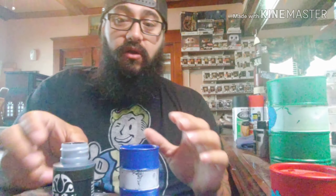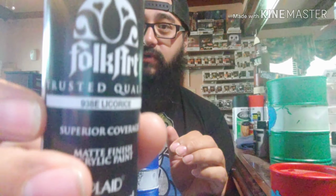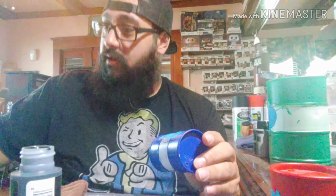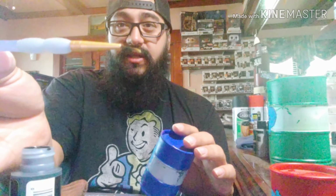Okay, so we're going to apply the black, and this is just regular black paint. It's just Folk Art, not Apple Barrel, but they're all the same. Now this one I will switch out brushes. I will use this brush. It's kind of bent down here, and it's more like a pinstriping brush. So this is the one I'm going to use